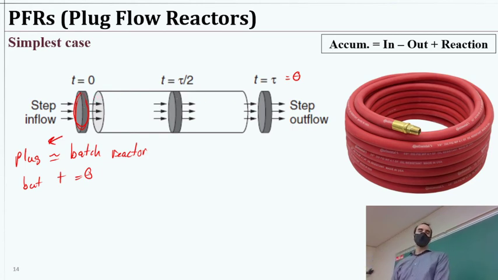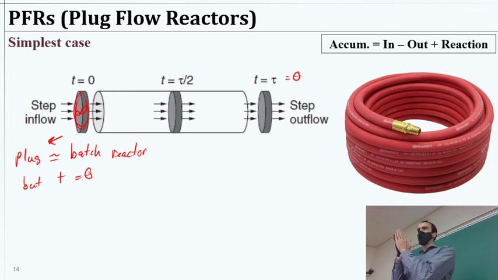So this is based on that assumption that it's perfectly mixed inside this infinitely small little plug, but not mixing with its neighbors. And so we just have that little plug, and the reaction's happening in that plug, and that's that. So in this case, our accumulation rate, again, in the volume of that plug, so let me back up a step. If we take a look at what happens in this reactor,